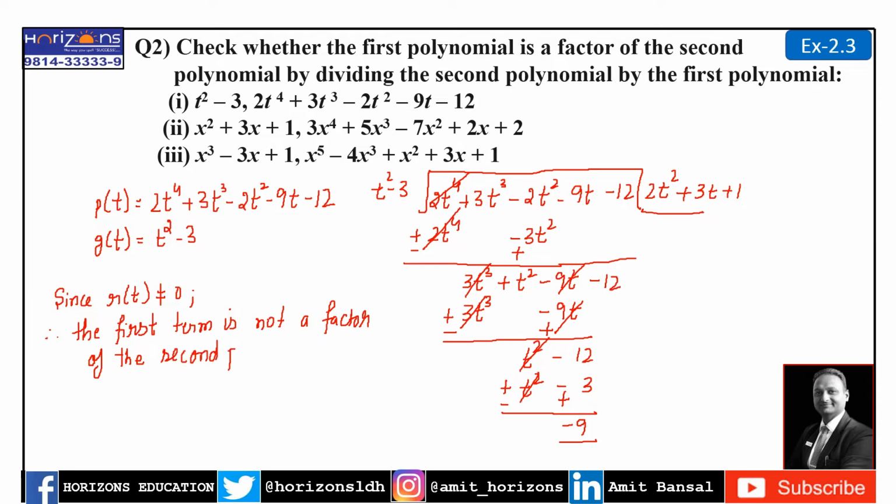As simple as that. If the remainder were 0, we would have said that the first term is a factor of the second term, because if a term completely divides another term, then it is a factor of the second term. Right? Moving ahead,